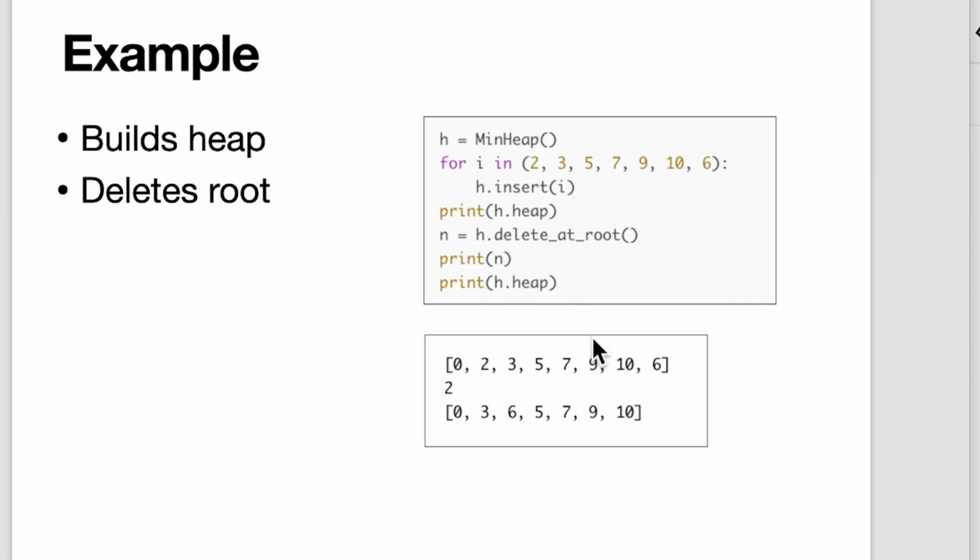Then I'm going to delete at the root and print it again. So here's the heap. 0, its children are 2 and 3, and the children of 2 are 5 and 7, and the children of 3 are 9 and 10, and so on. Then we'll delete at the root, which should delete it, deletes 2,